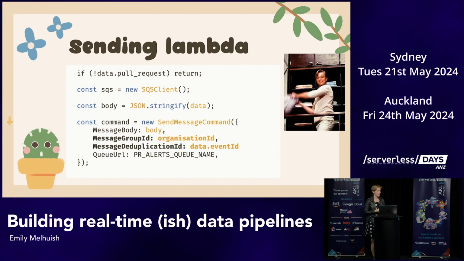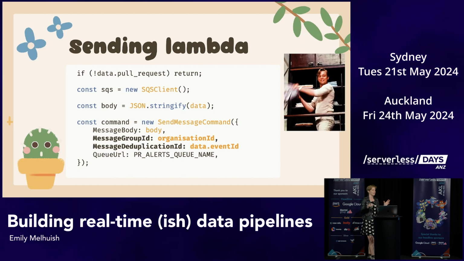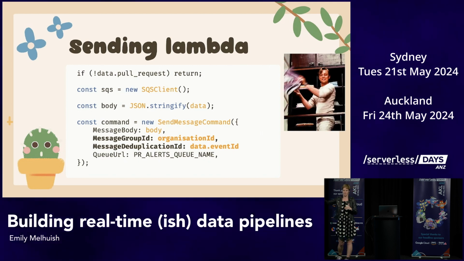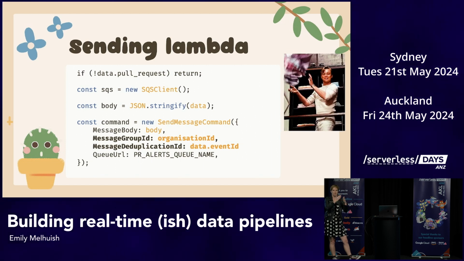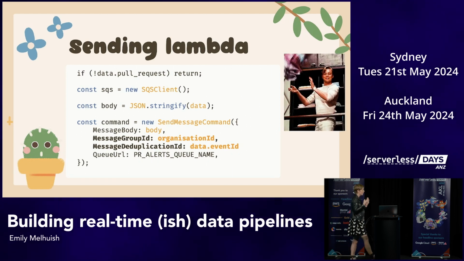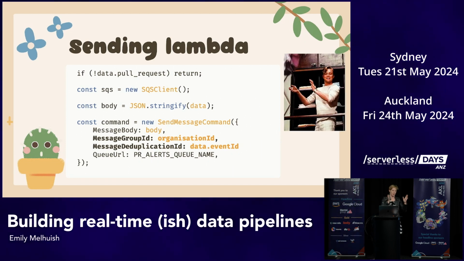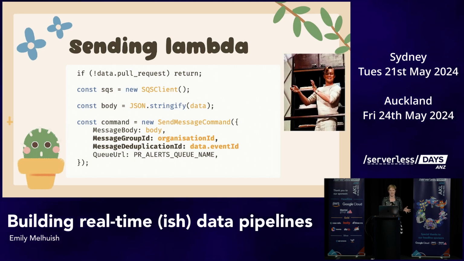But the most important things to think about with a FIFO queue is the message group ID, which is how it batches the events together. So it guarantees sequential processing, so like everything in order, but inside the message group. So I don't really care if organization A and organization B's events are processed out of order, but all of organization A's events need to be processed in order. So it also ensures that a Lambda is spun up and it batches the message group's messages only. It could potentially add other ones, but that's a whole other thing. But it just means we can keep the data together.